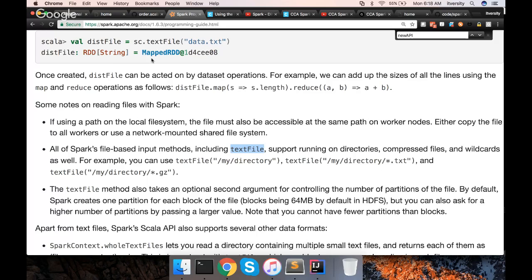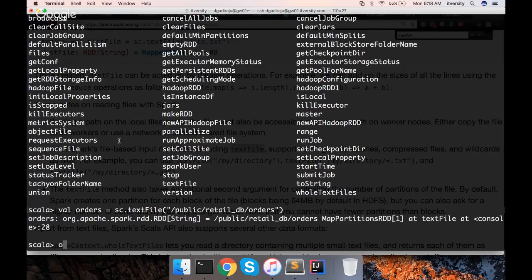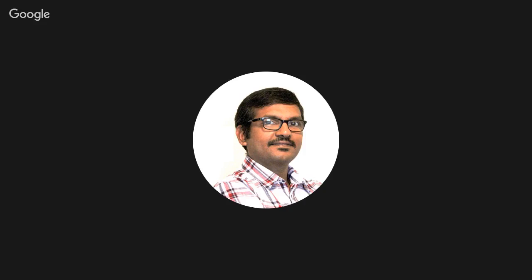That being said, orders is now created, and this is how we can read the data from the files and create an RDD out of it using Spark context. To write it back, if you type the RDD name, dot, and hit tab, it will show all the APIs to you, and you focus on save as. There is saveAsObjectFile and saveAsTextFile.